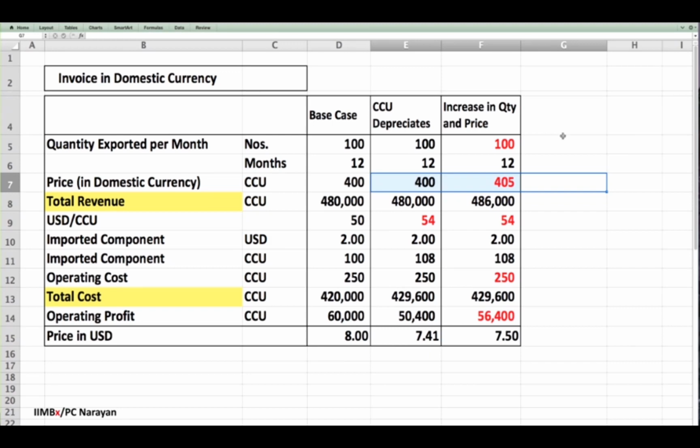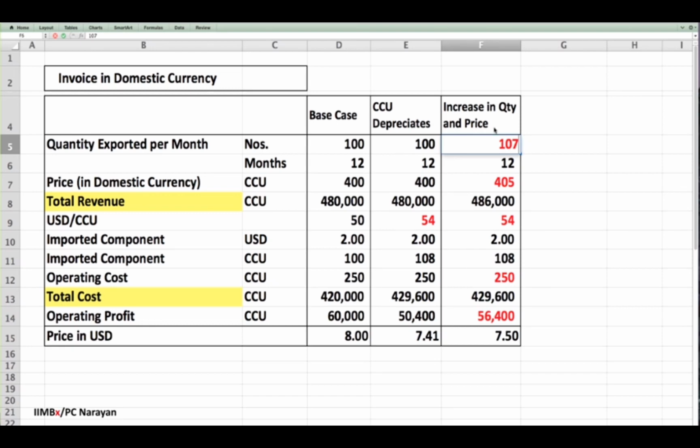In addition, the American importer, let us say, agrees to increase the quantity that he was willing to buy every month. Let us say the US importer and the Utopian exporter agree that there is room to increase the quantity exported per month, and let us say it goes up from 100